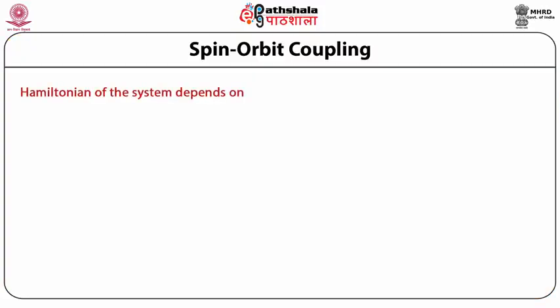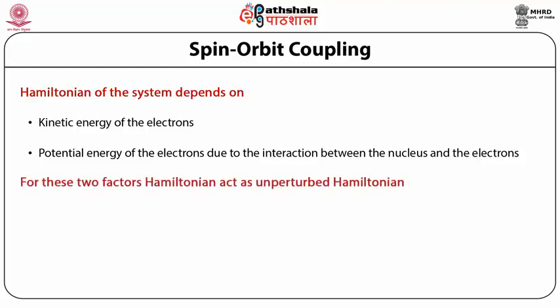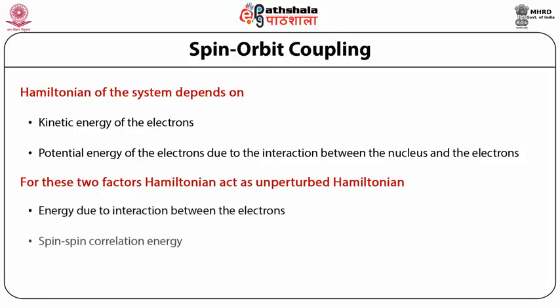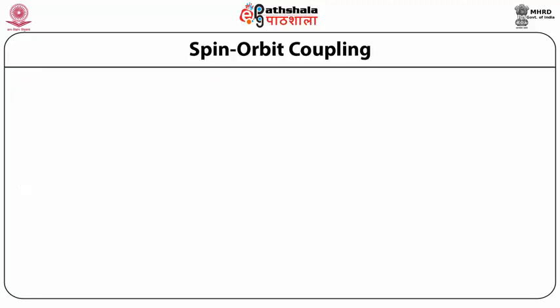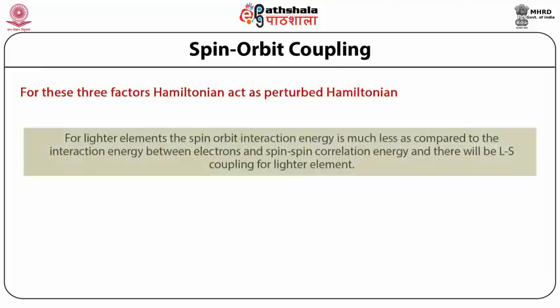spin orbital resonance. The Hamiltonian of the system depends on the kinetic energy of the electrons and the potential energy of the electrons due to the interaction between the nucleus and the electrons, and for these two factors the Hamiltonian acts as the unperturbed Hamiltonian. Energy due to interaction between the electrons, spin-spin correlation energy, and spin orbit interaction: for these three factors the Hamiltonian acts as the perturbed Hamiltonian. For lighter elements, the spin orbit interaction energy is much less as compared to the interaction energy